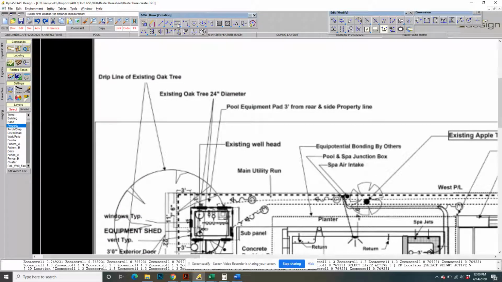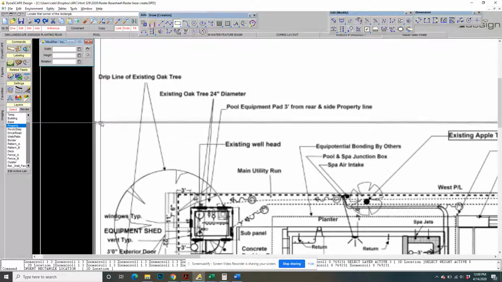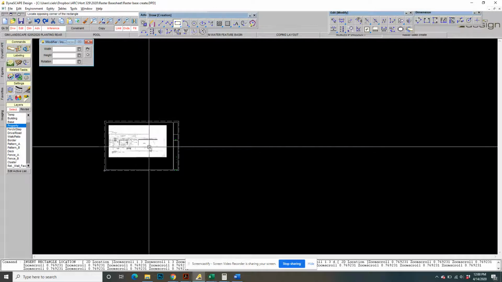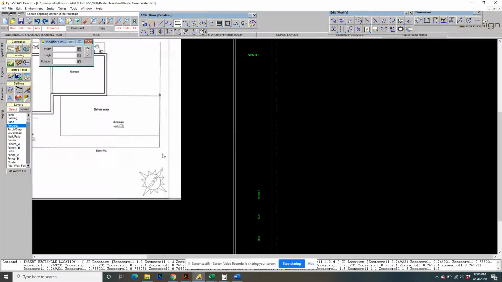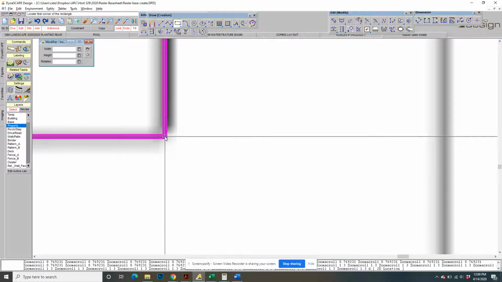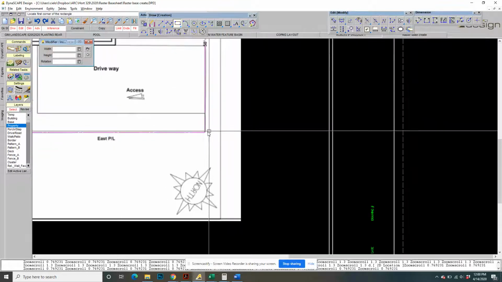So I'm going to go ahead and try, since this looks perfectly rectangular, to just draw a rectangle for the property line. Okay. So I'm going to get as close to the center of that property line indicator as possible, give it a click and scroll out. And then I'm going to zoom into the lower right-hand corner of this property as close as possible, give it a click, and there's my,